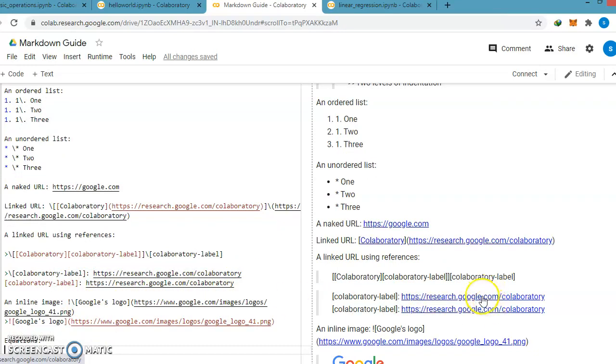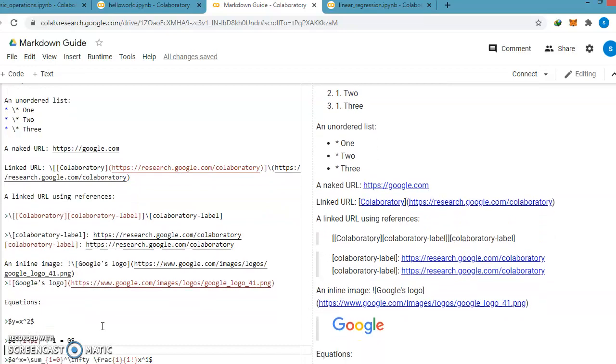Then inline, if we write an exclamation sign in front of a URL, it is converted into an image, and that image is shown in the form of an image logo.